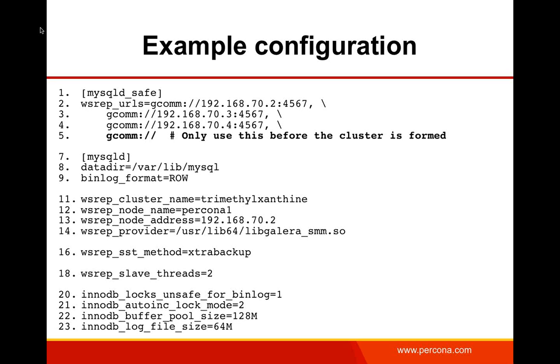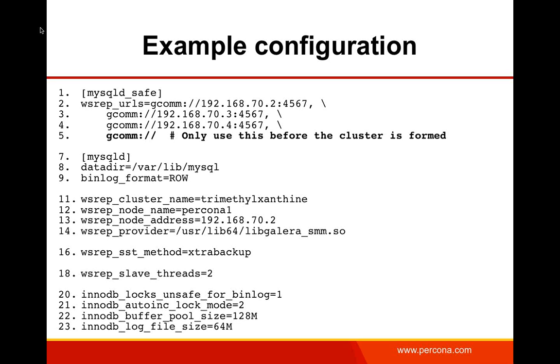The URLs are actually checked one at a time in order. And if it tries to connect to one and it can't, it'll try the next one. So if it gets to a gcomm://, then it will actually form a new cluster by itself without connecting to an existing node. In the mysqld section, again, we see the basic settings that we said were required: